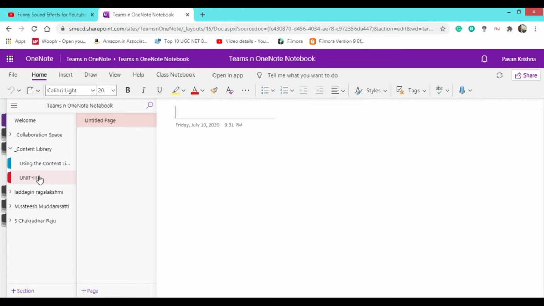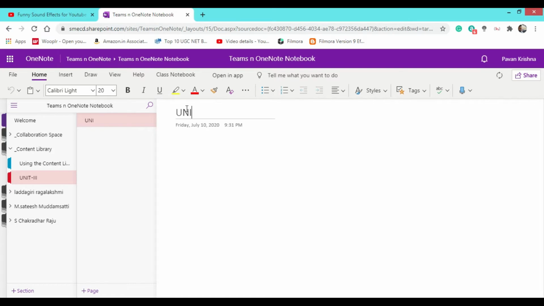Okay, if you would like to create one more unit, what needs to be done? Click on unit number 3 and plus section, so that another section can be created. Now as I created unit number 3, you can see that it is selected and the pages available in unit number 3 is only one, which is the untitled page. How do I edit it? Click on untitled page, and over here on the top, if you click, then the cursor will be blinking where you need to give the name for it.